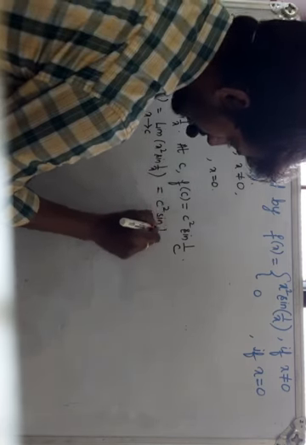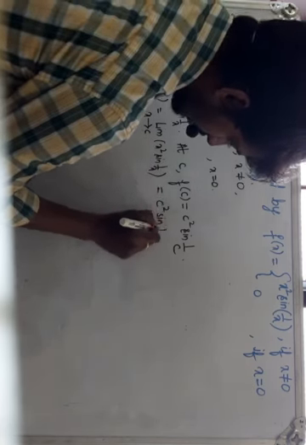You can observe that the value of the given function at that point, f of c, is the same as the limit of the function f of x as x tends to c. Both are equal. Hence, by the definition of a continuous function, the function f is continuous whenever c is not equal to 0. So in the first case, where c is not equal to 0, we got the function to be continuous.